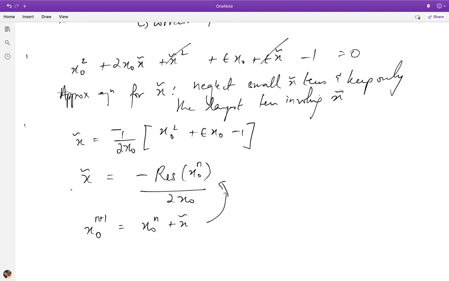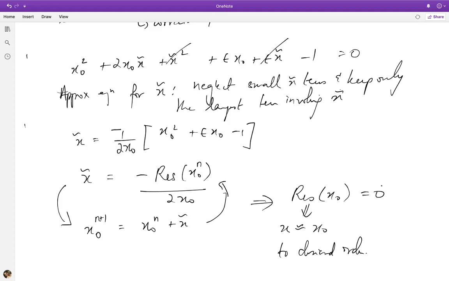And I go back, and you keep repeating this until the residue of x0 is 0, in which case the solution will become x. The x0 for which the residue is 0 is my solution to desired order,